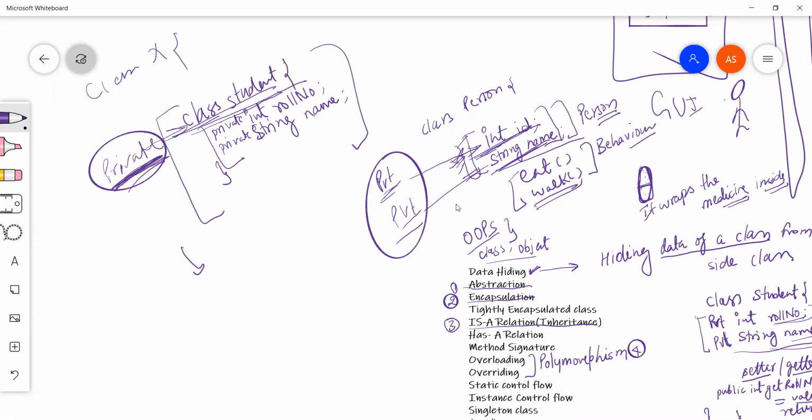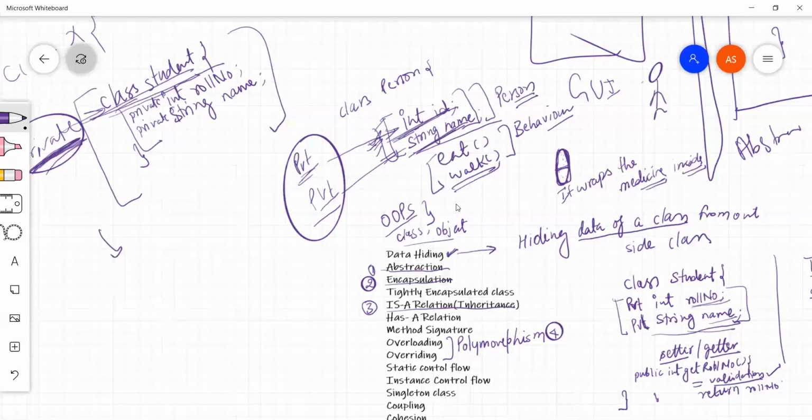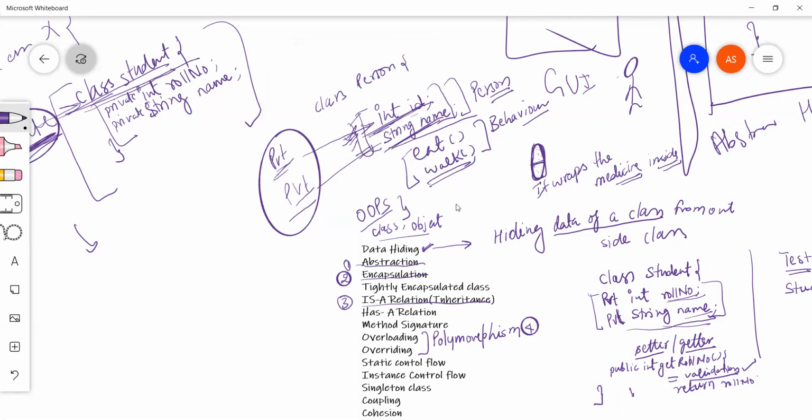Encapsulation is basically keeping data members and methods together. That's it. But when you declare your members as private, then it's tightly encapsulated. For every variable, if you set the setter and getter, that is encapsulation, right? Yes, but there might be other methods as well, which define the behavior of the class. For example, there are ID and name, and based on this data, you want to perform some action.